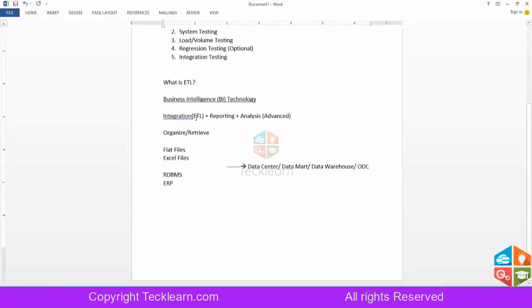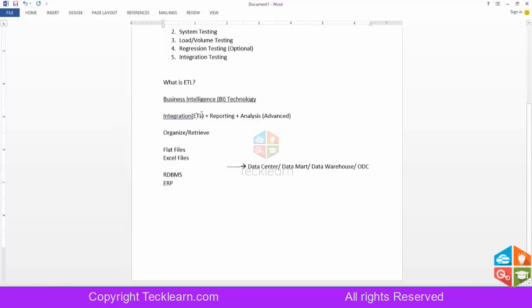Then we do transformations. Once we extract data, we do transformations. Transformations are needed if we need any additional logic to be built in while we are getting the data. Sometimes we may have to club data from one file with another file, or we may have to split data. We may have to extract only the meaningful portion of the data, or multiply something while getting data, like exchange rates. So we don't blankly extract data and load it into the final system; we do some business operations. Those are called transformations.